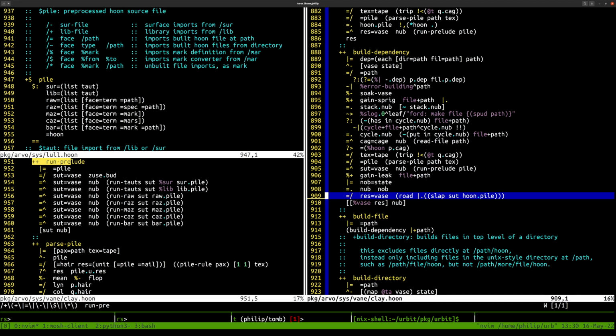You parse the hoon code into a hoon data structure, an abstract syntax tree, and so once you have that abstract syntax tree, you run it. So this is slap. You compile it and run it against the vase of the subject and produce a vase